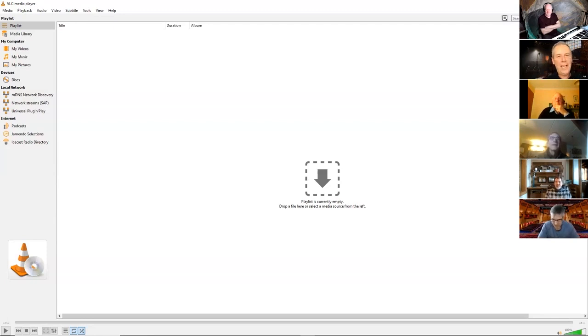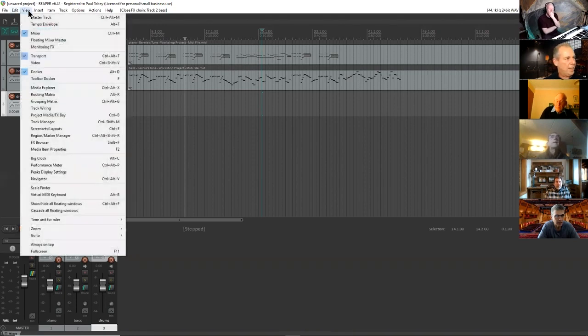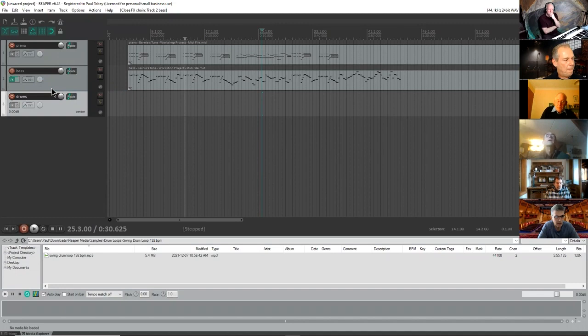Okay, so now that we've converted it to an MP3, the really cool thing about this is you can save it into a particular area of your workstation. And in my case, I keep a sound folder with all of these files in it. So I need to view Media Explorer here. And now that I'm on Media Explorer, I can